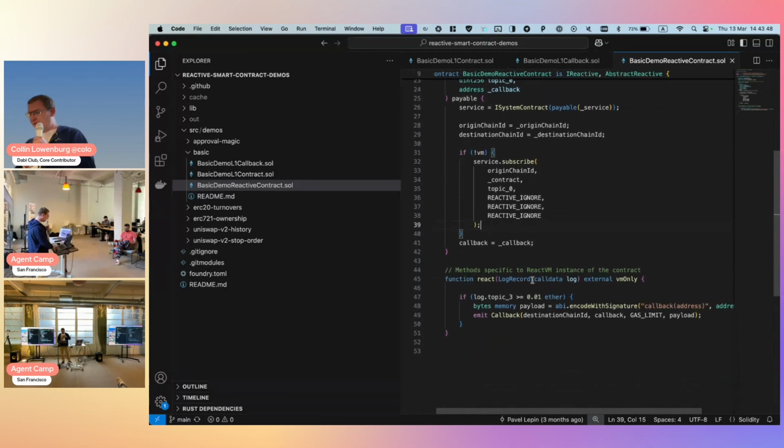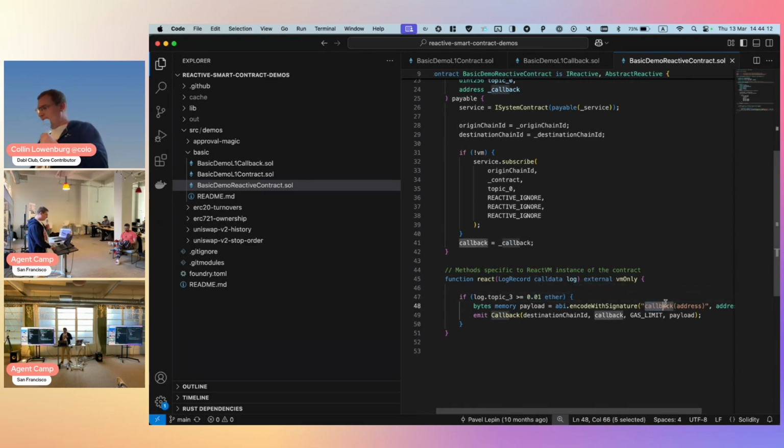And this is the react function that will actually be called on the Reactive Network when the event from the subscription is emitted on the Sepolia testnet. If topic 3 is larger than a certain threshold, then we will emit the callback.